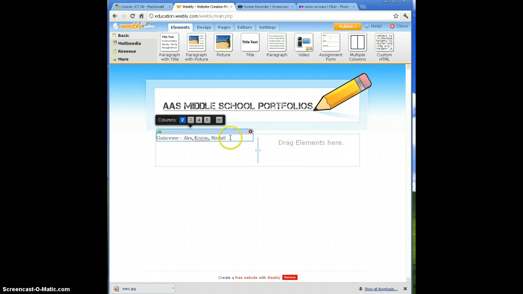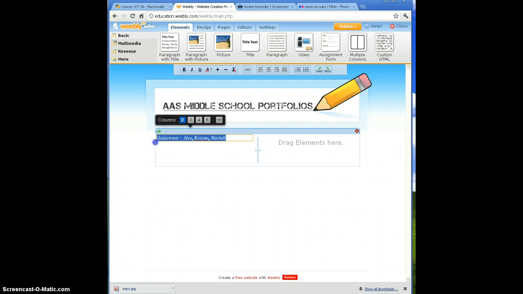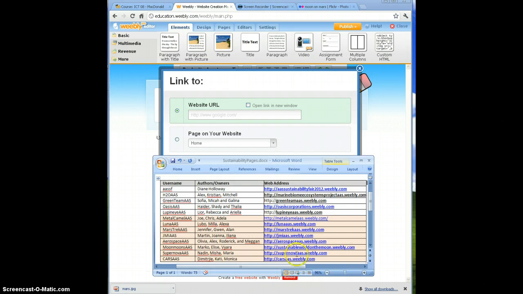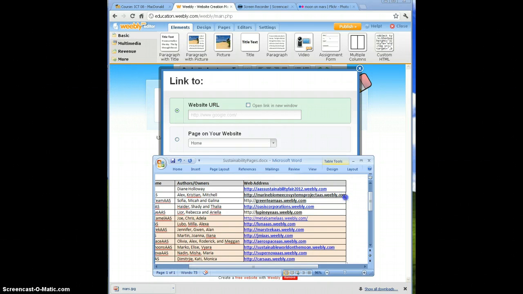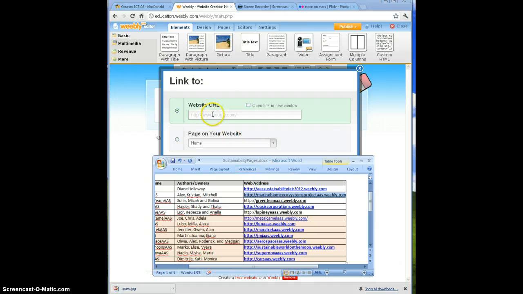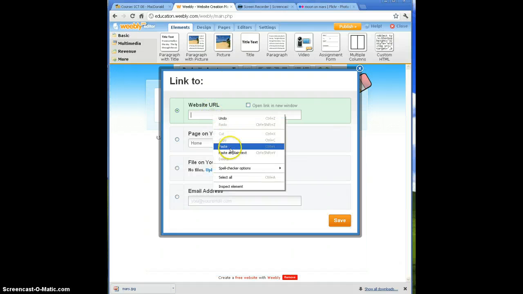Anyway, once I get their names down, I simply have to highlight that because I want that to be the link. I will click this create link thing. I then need to go get their website address, which is here. So I will try to copy that. Okay, and when I paste it right here,